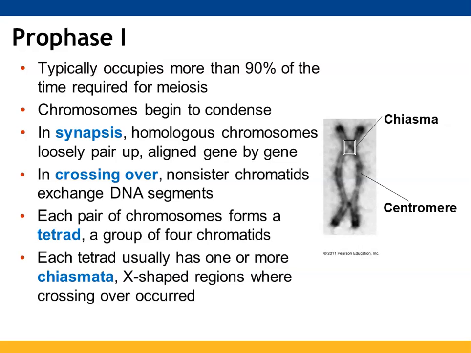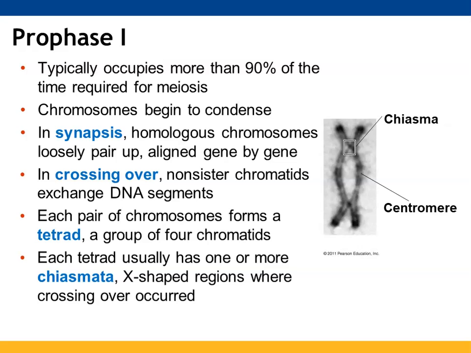So prophase 1 is what's going to take the majority of the time for meiosis to take place. You need to get your chromosomes to condense. And then you're going to have, again, those chiasmata form where the crossing over can take place. Synapsis is the process by which the homologous chromosomes are able to line up together. So mom's set of chromosomes and dad's set of chromosomes line up by genes. And then you're going to have crossing over occur when you have the exchange of DNA between those homolog pairs.